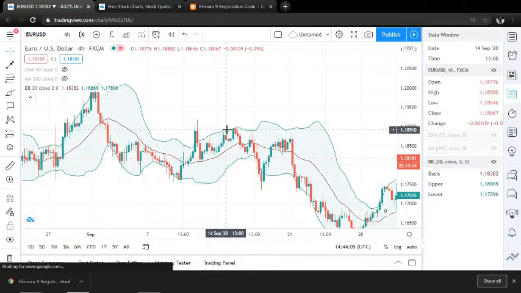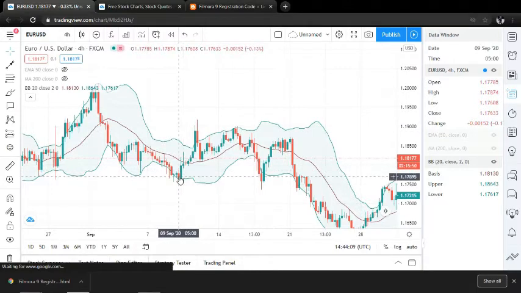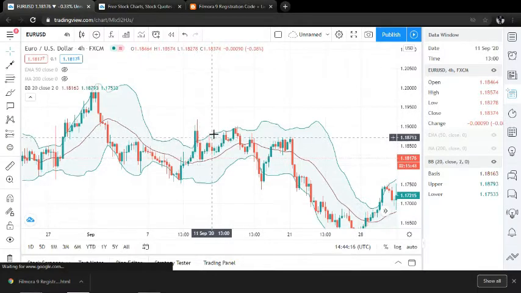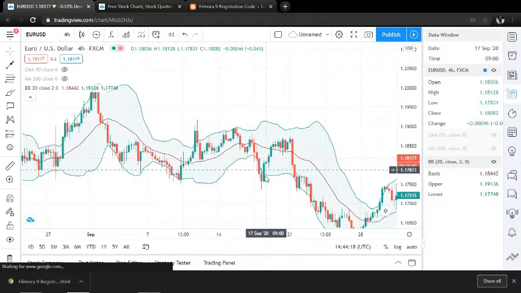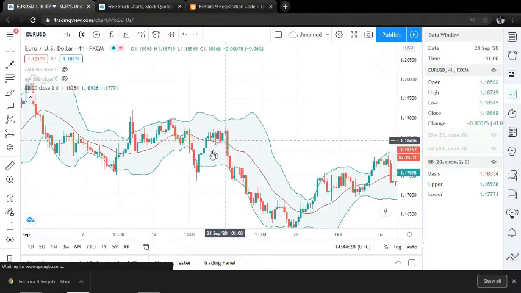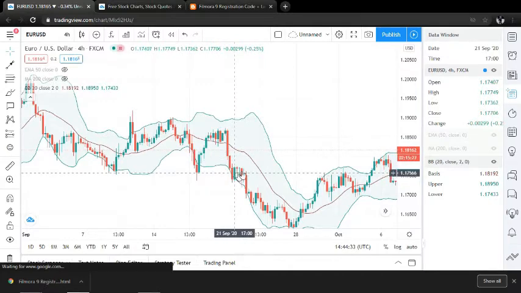Now, where most people get it wrong is to think that when price gets to this lower band, automatically the band will send price up, and it would make it back to the upper band. And when it gets to the upper band, the price will send it back down. In a way, that can be right, but it's a short-sighted view of the Bollinger Band and what it represents. For example, if you notice that at this point, price got to this lower band, and instead of sending it back up,